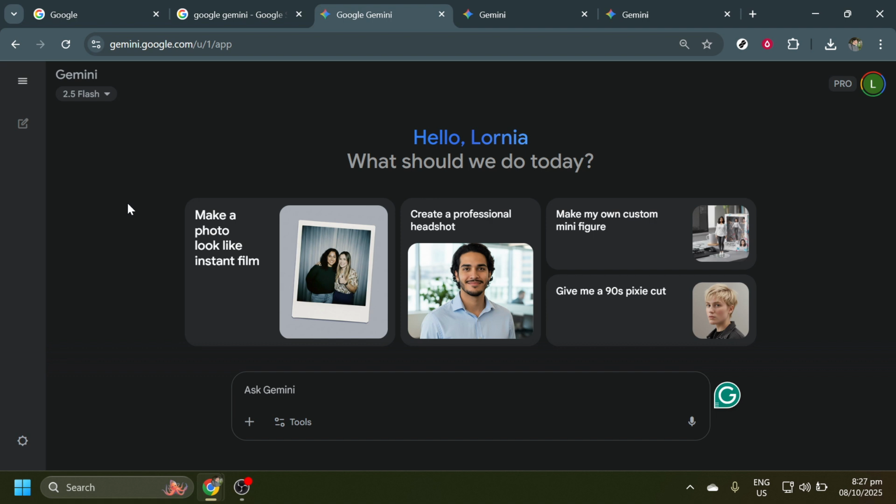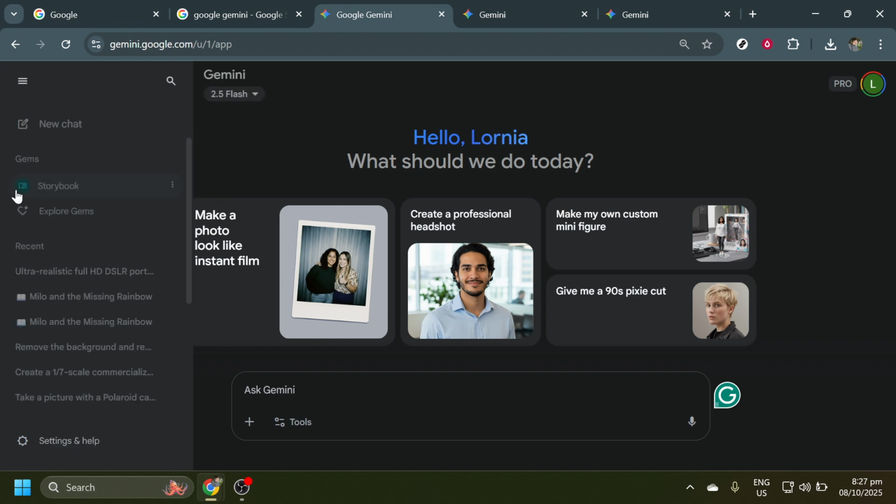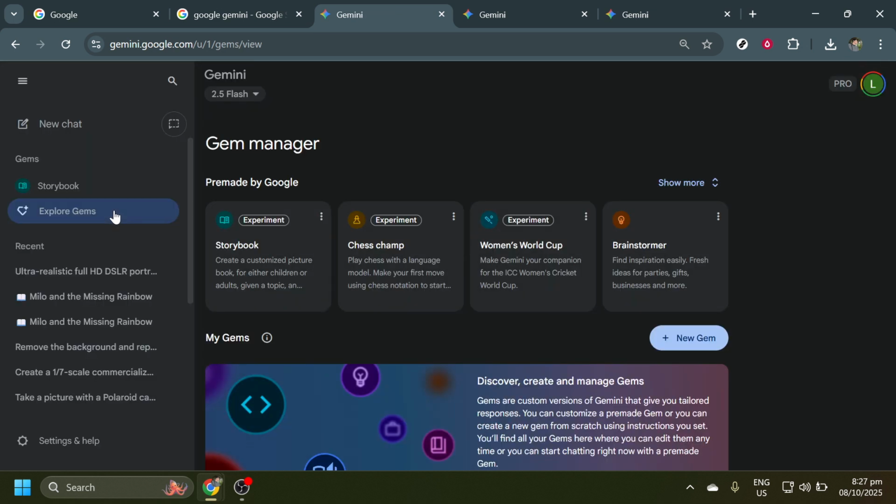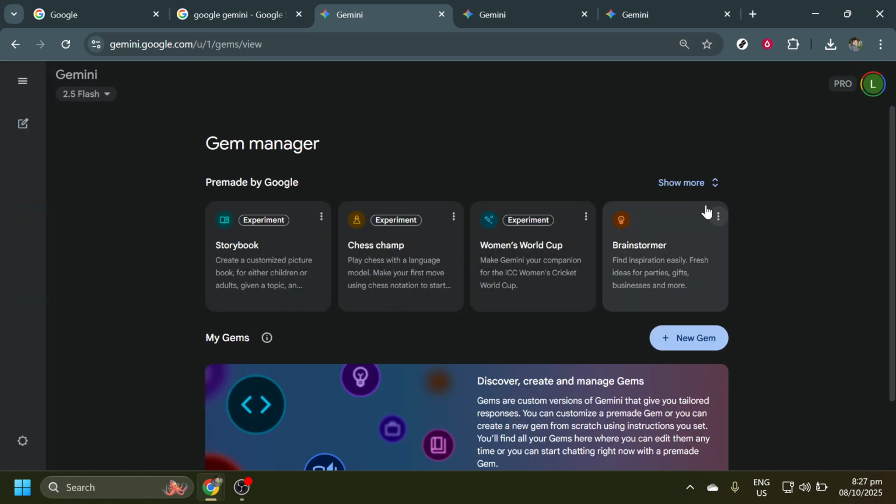customize your gem. Now, you'll see a menu on the left side of the web page. Navigate over to this menu area, where you will find several options related to the functionalities of Gemini. It's here that your journey truly begins. Among these options, look for Explore Gems and give it a click. This is where you can see existing gems, and more importantly, it's the entry point to creating new gems on